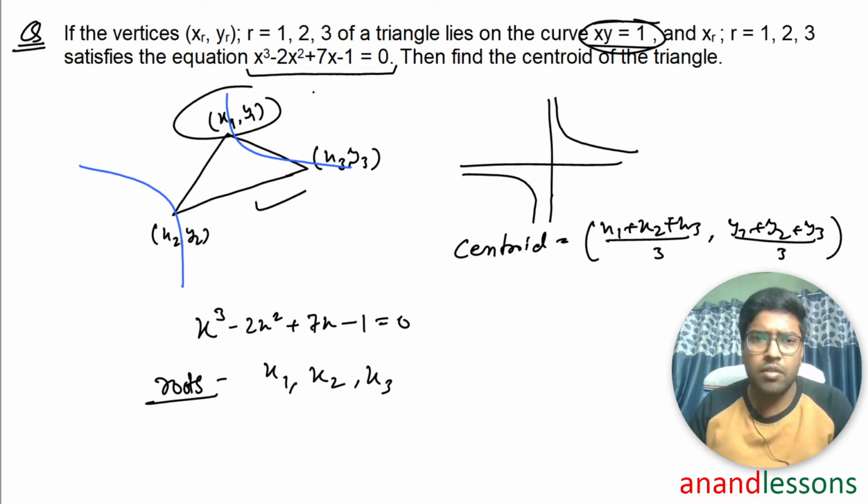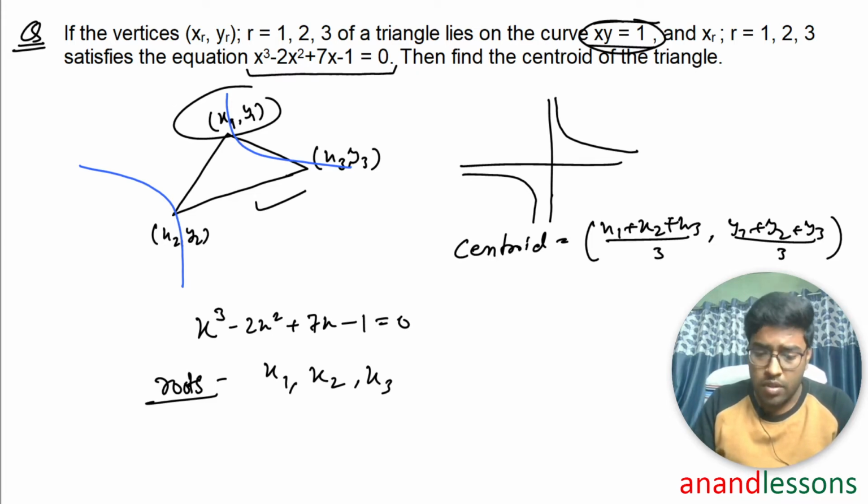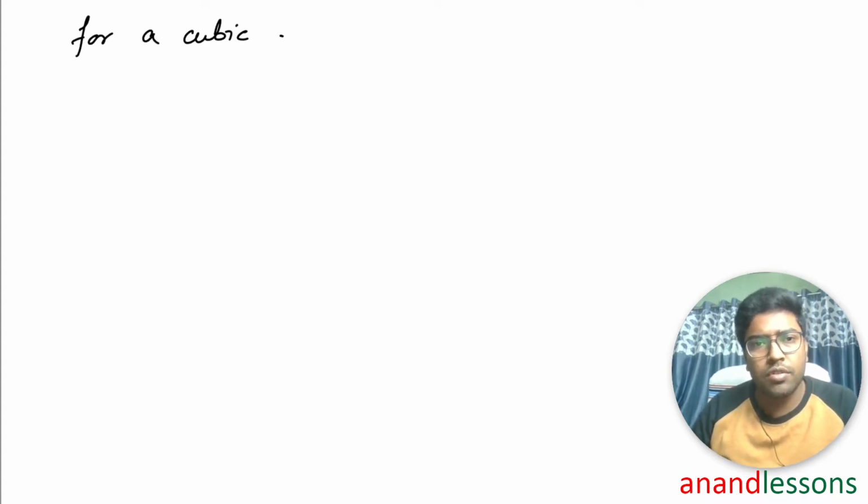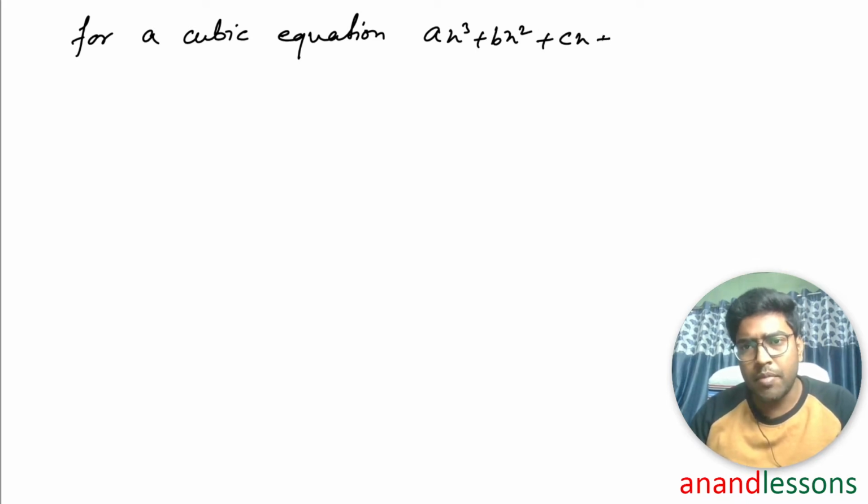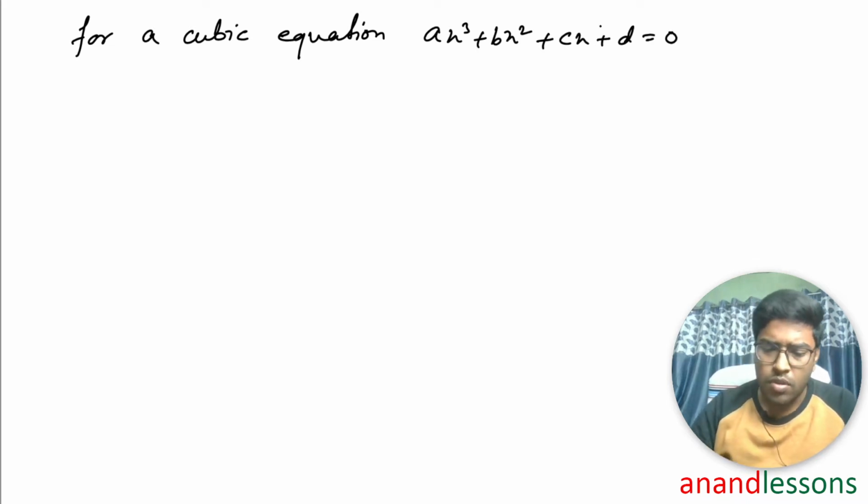Let me put it on this board. So for a cubic equation ax cube plus bx square plus cx plus d equals 0,